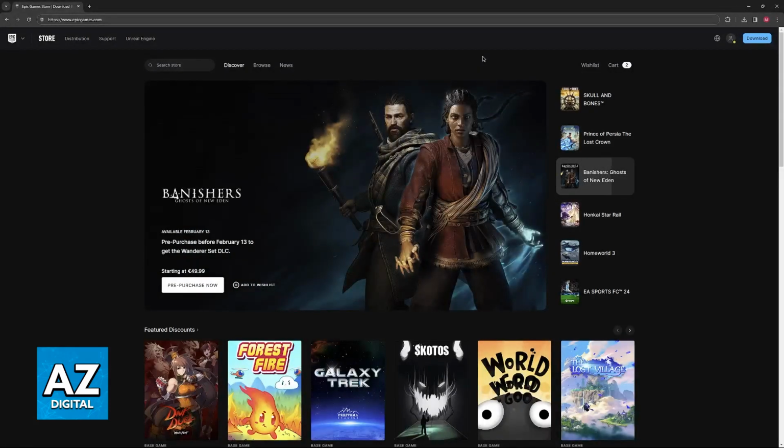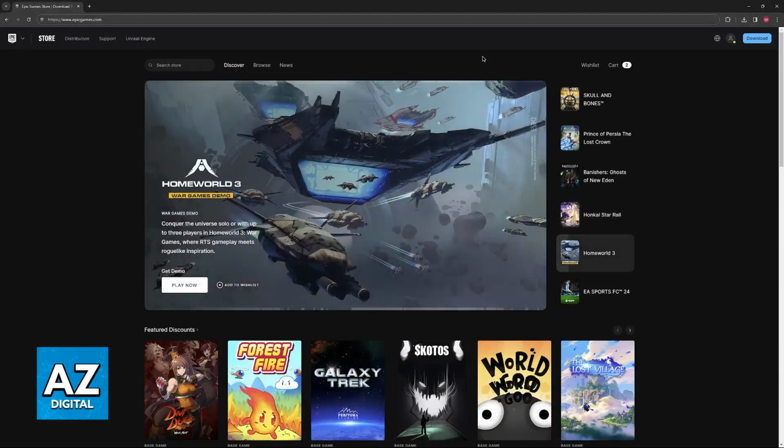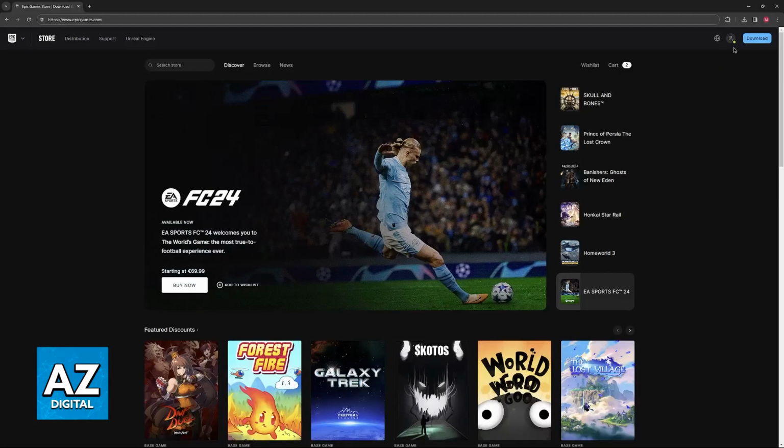To do this properly, you have to visit the Epic Games website through a web browser. So go to epicgames.com or alternatively visit Fortnite.com. When you arrive at either of those websites, you will be able to sign into your Epic Games account where you have your PlayStation 4 or PSN account linked, and then hover over your icon at the top right corner.